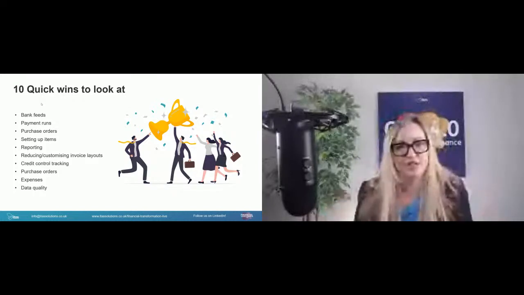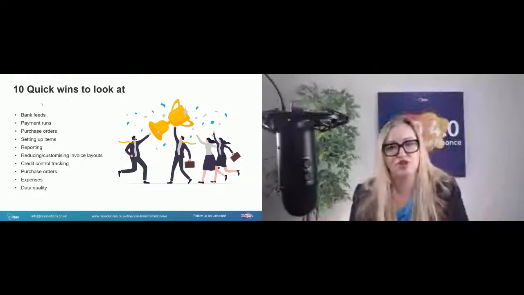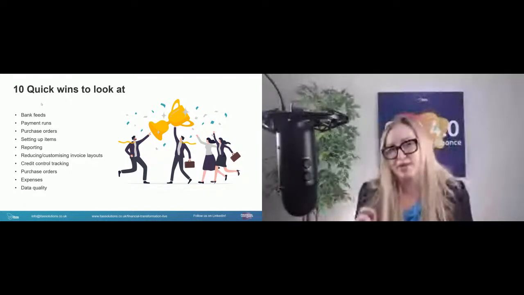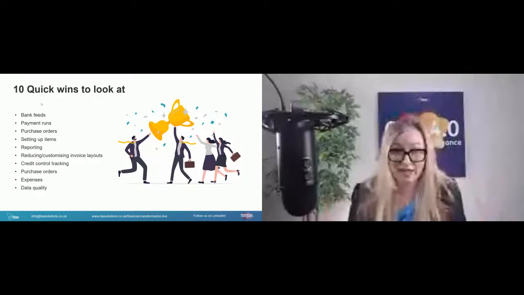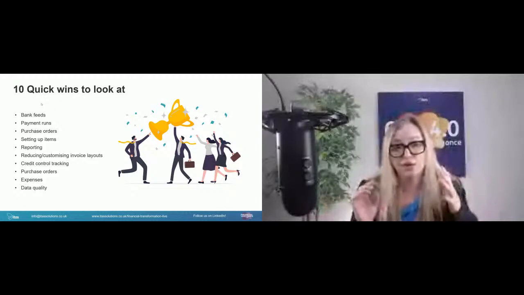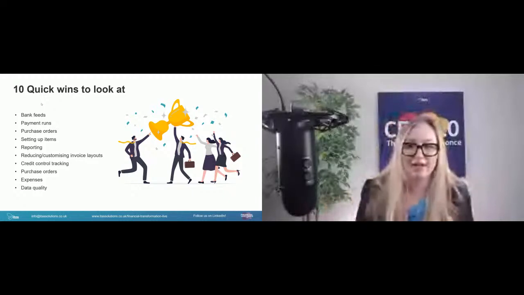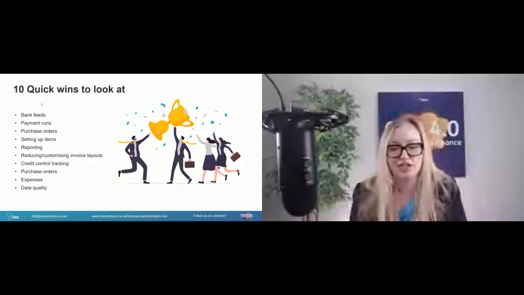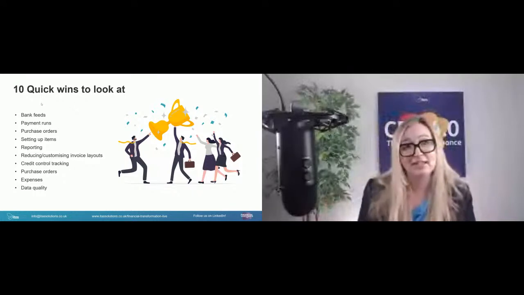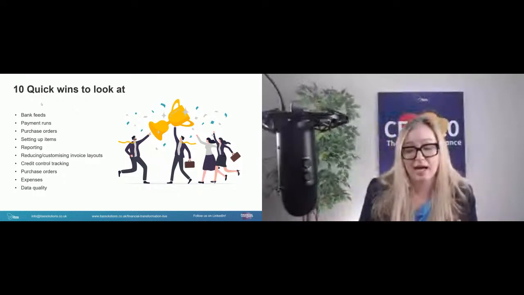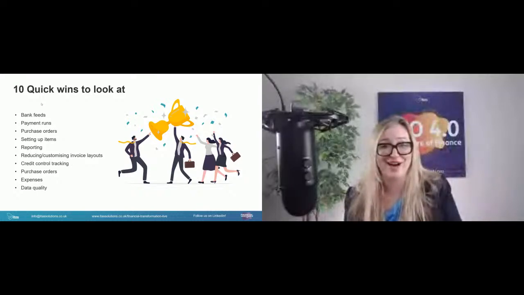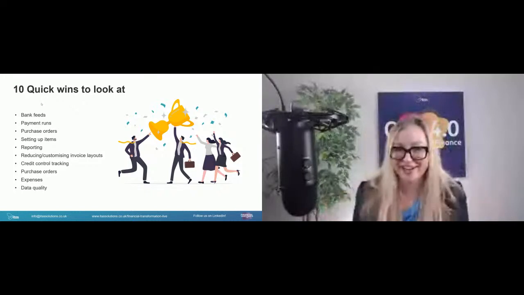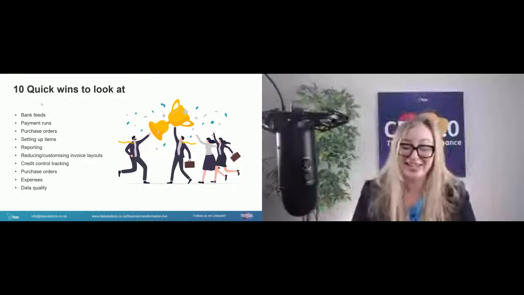All of the systems that we work with have some form of tracking in them, right? So 50 has communications, 200 has query codes, Intacct has chatter or collections. So you have multiple different levels of tracking in each system. Having a conversation about that in particular and getting your credit control out of Excel is a really good first step. And then you can talk about automation of the actual chasing itself, and that's another conversation for another day. So that's something to look at.